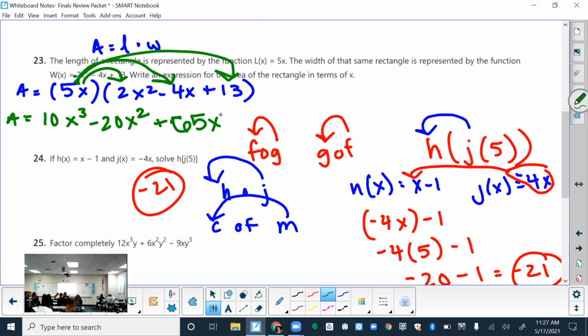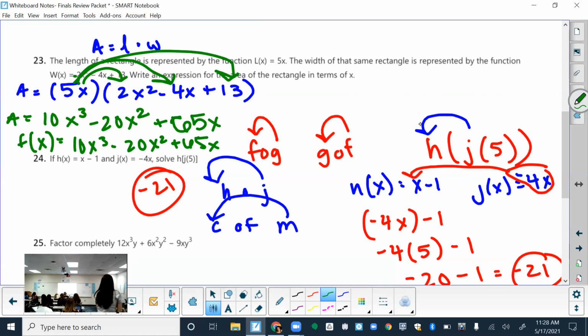All right, can I simplify this anymore? Are there any like terms that I can combine? There aren't any like terms, right? They have different exponents, so I can't combine them. This is the simplest it can be. I don't know what your multiple choice options are, but pick the one that says maybe f of x and then this expression. All right, so you're just multiplying because that's what it's asking. It's length times width.